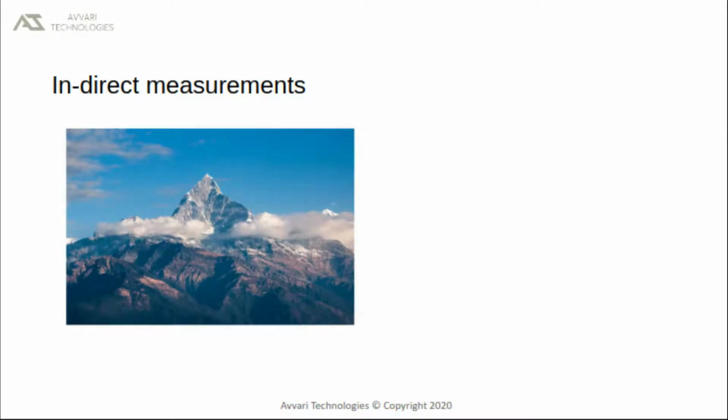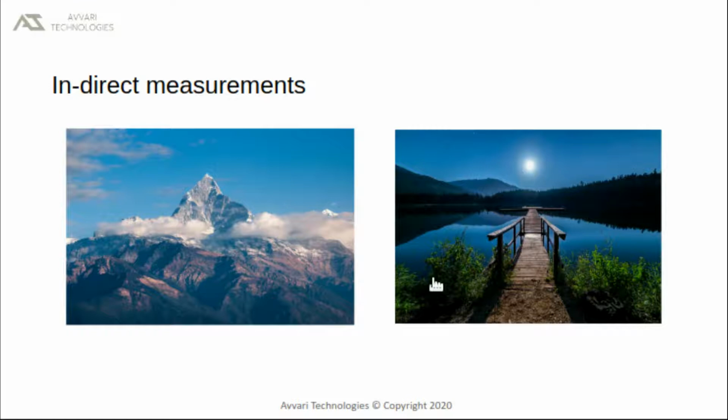In the first image we can see a mountain. Say we need to find the height of this mountain. We don't have an instrument or a scaling tape to find the height of this mountain. Even if we do, that doesn't make any sense. In the second scenario we need to find the distance between Earth and Moon. We cannot find the distance between Earth and Moon using a bamboo stick. So we make use of indirect measurements.